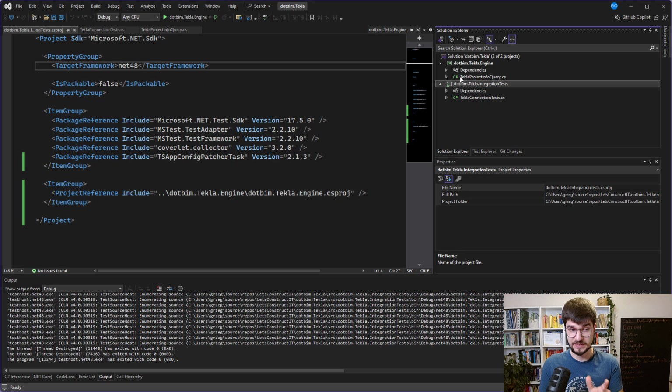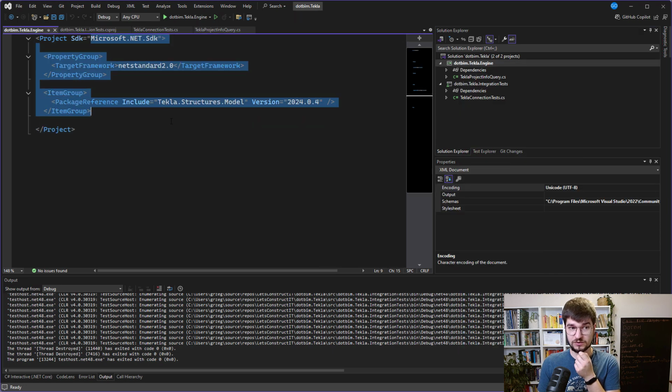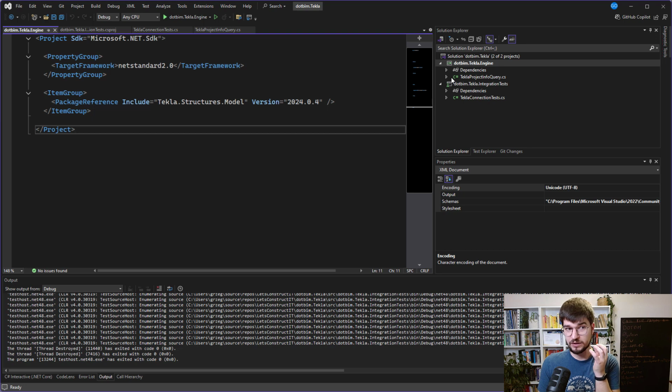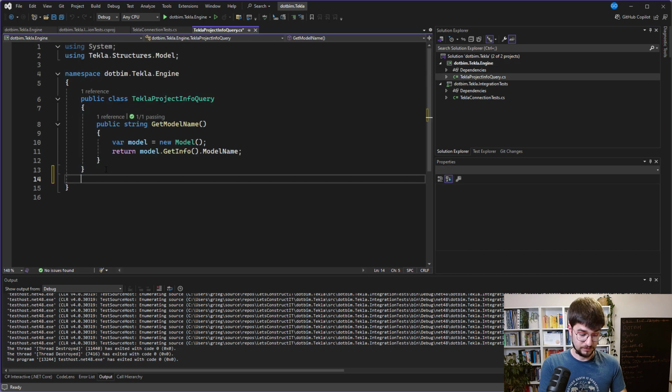Okay, so that is the basic setup, but there is something more which I really like when you switch to that new SDK style, when your project looks like that. Because now we are able to very quickly add features from the newest .NET, from the newest C# language versions. So for example, I really like the records. I really like those types of structures, very light classes, which are super easy to compare to each other. So, sample record,